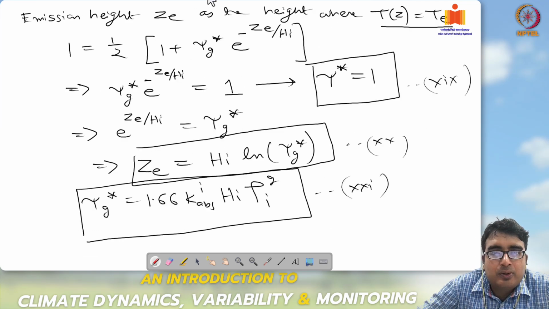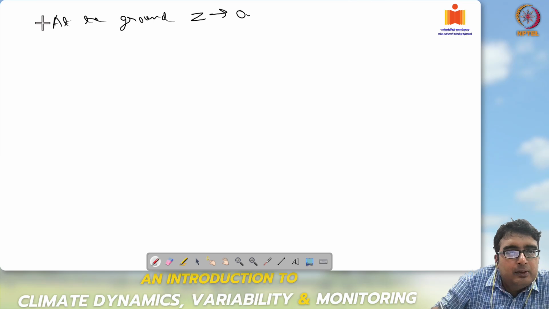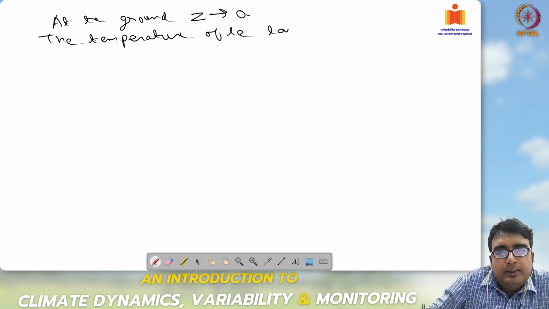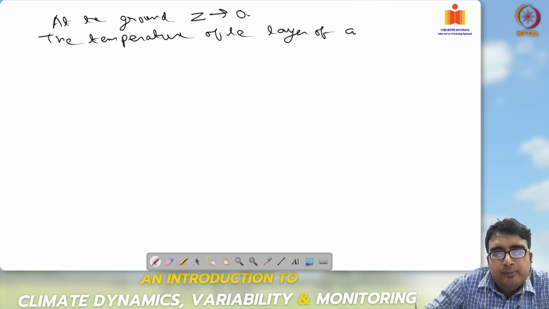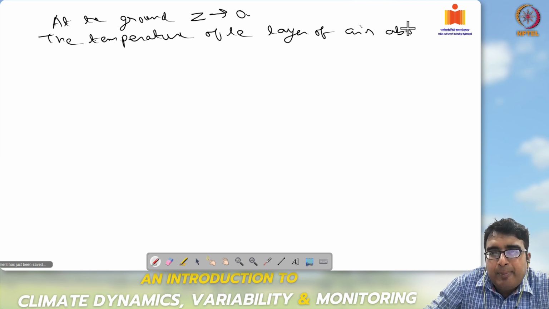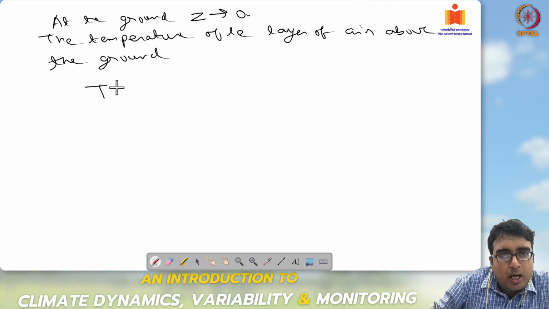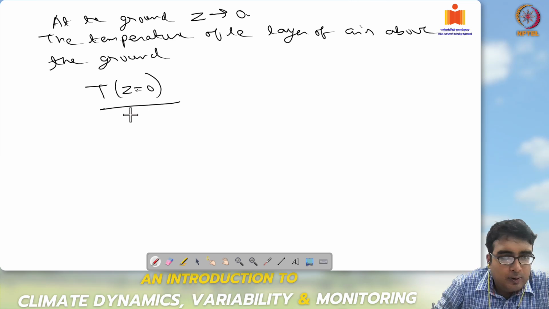So the temperature of the layer of air above the ground, T at Z equals 0 by TE, is equal to